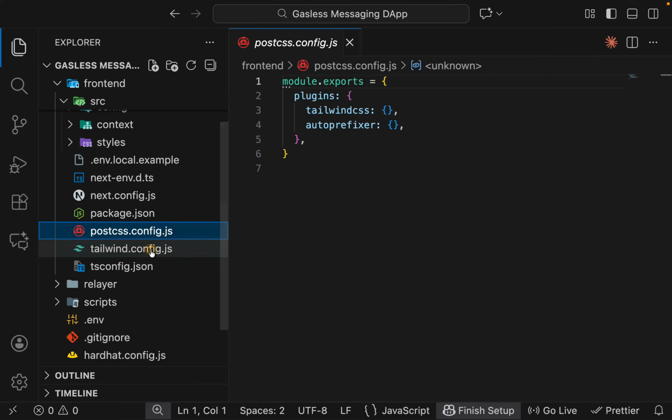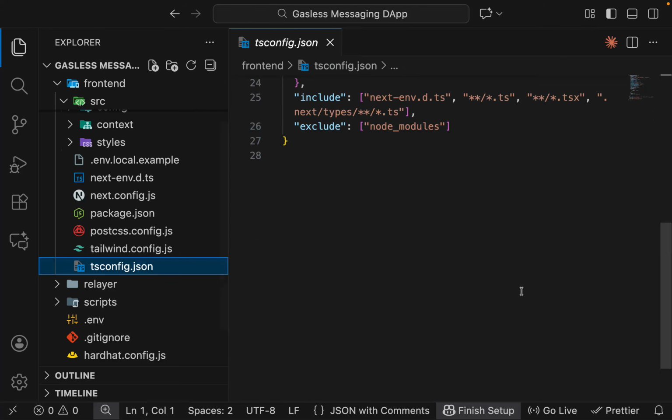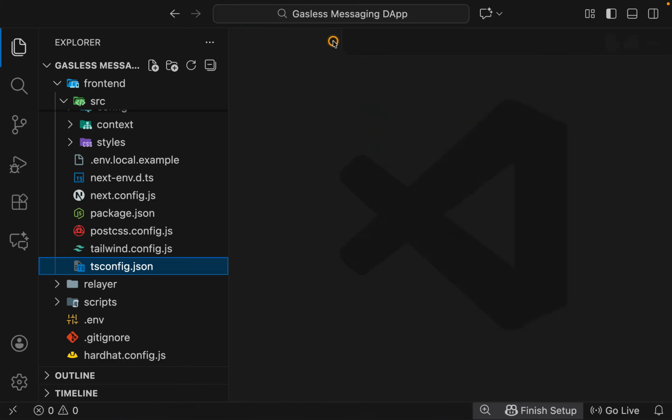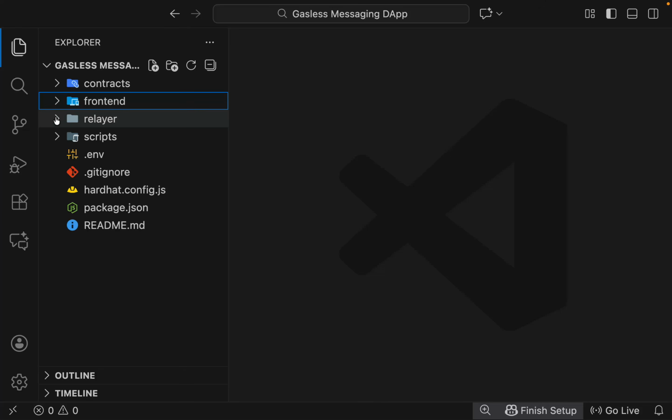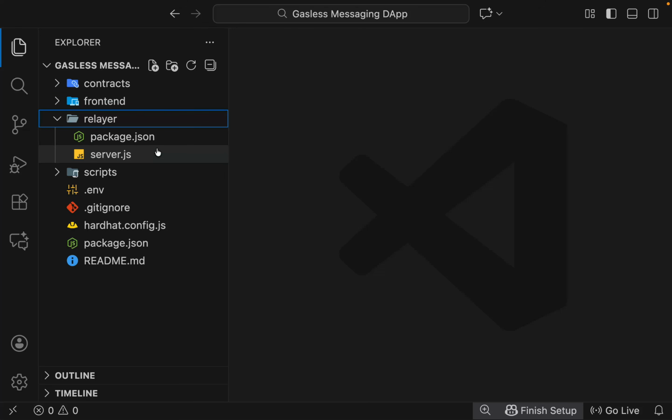We have the PostCSS Tailwind, and we have this TS configuration, which is our Webpack. So just keep it as it is. Close this one, and that's the complete code for our front end. Close this one, come back to the relayer, and this one is very important and very interesting, because this will